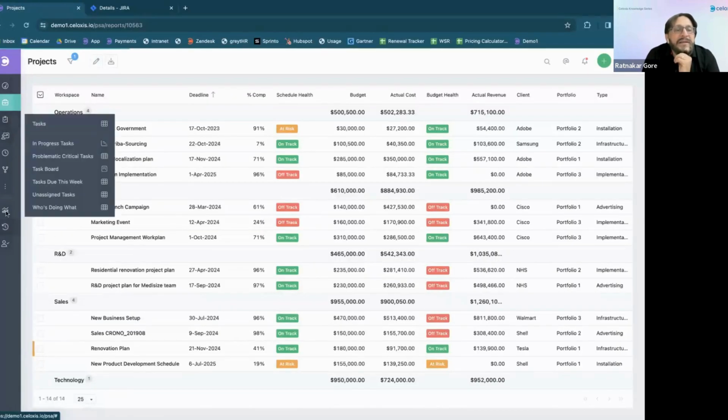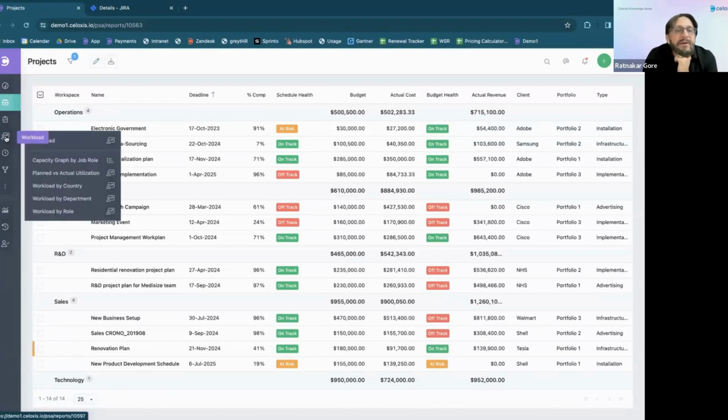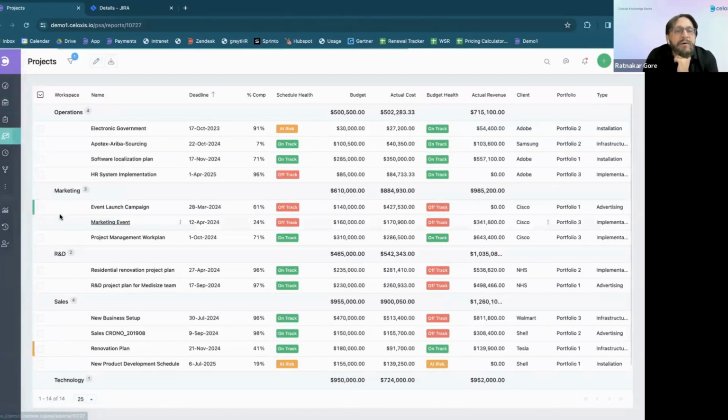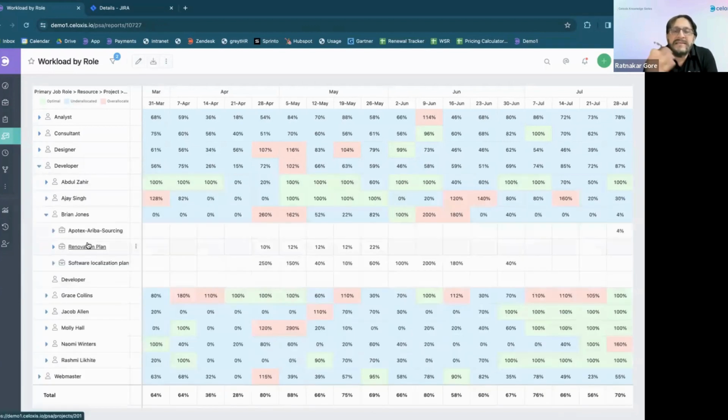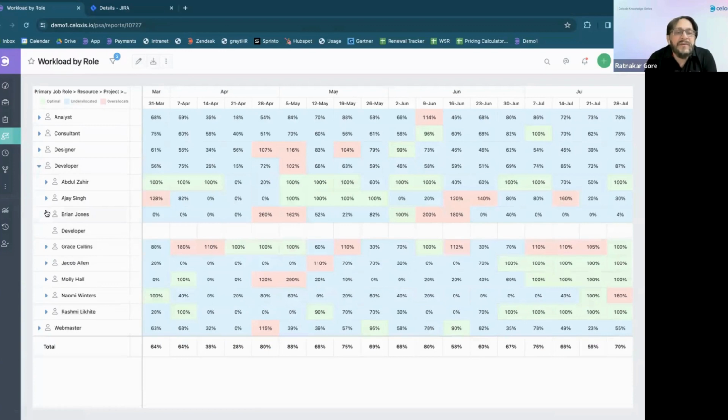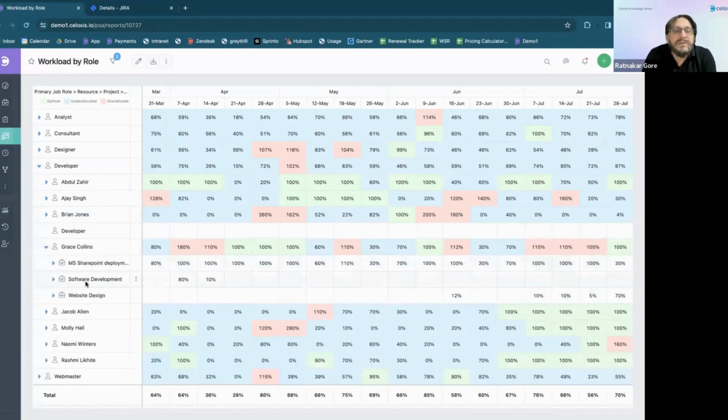Now, if you look at the resource management, let me go to the workload by role chart here. The workload by role chart essentially is a layout of all the resources by their role and how they have been loaded over the course of time. Now, in my Jira project, since it was a software development project, we had developers. If you look at, for example, Grace Collins, who was on the software